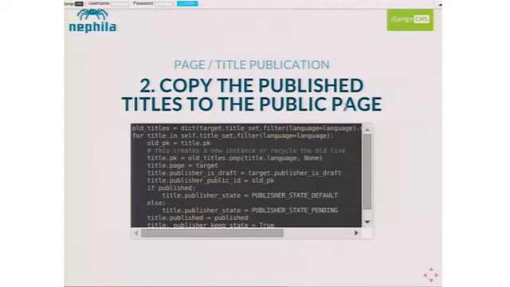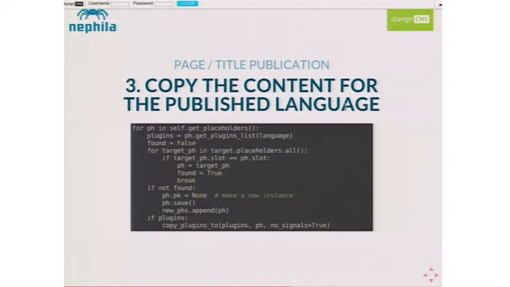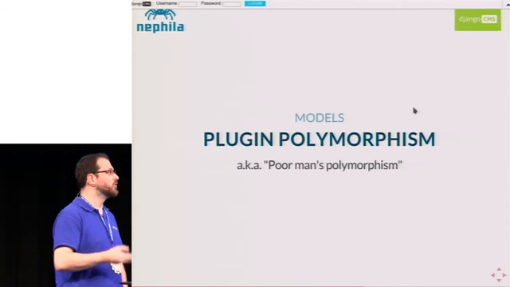And then you copy almost in the same way. You copy the titles attached to the page, eventually filtered on language. For efficiency, we just recycle the old titles if they are available. So in this way, we assign to the old title the new primary key, and we assign the page, and again we provide the information to go back and forth between the live and the draft version of the title. And then the copy of the content, okay? This is just getting the plugins in each placeholder, and then creating placeholders on the live version if needed, and then copying the plugins, which brings us to the plugin polymorphism,